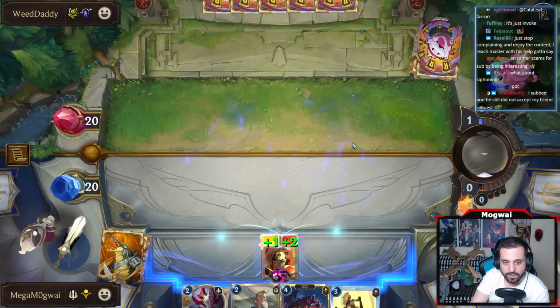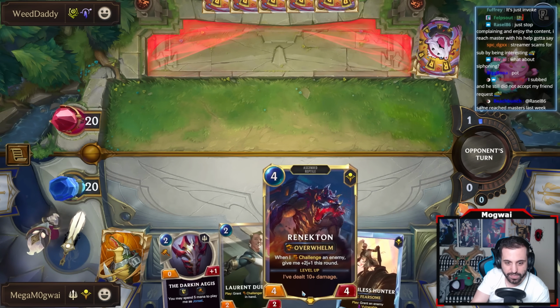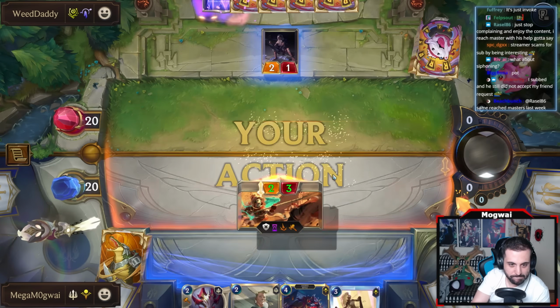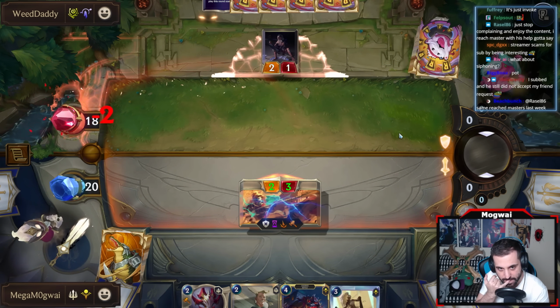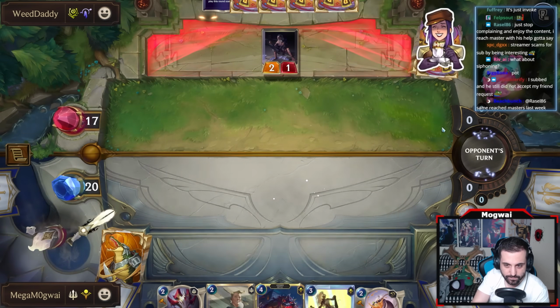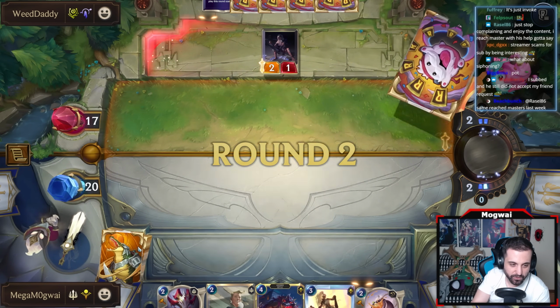So I'm gonna bring the Pain instead, because I can block. Blocking may be important. I mean, she actually won't return, but...